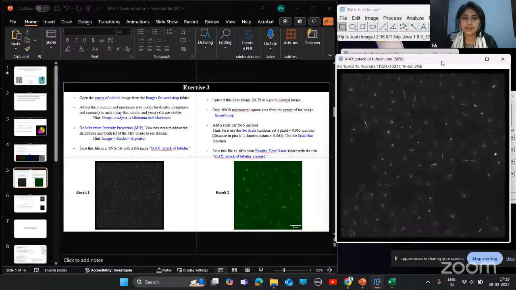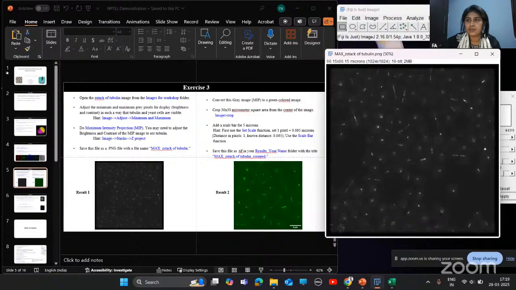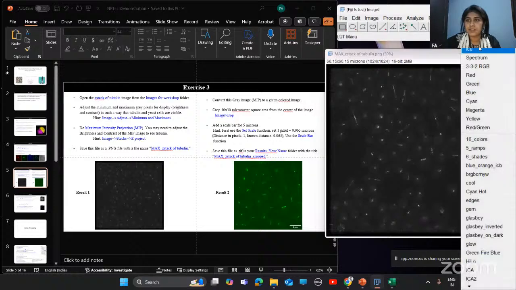Next step is to convert this MIP to a green color image. For this, you need to go to LUT and select green.